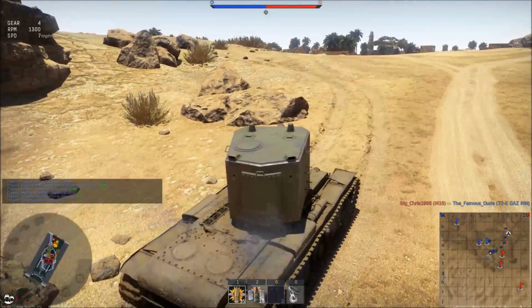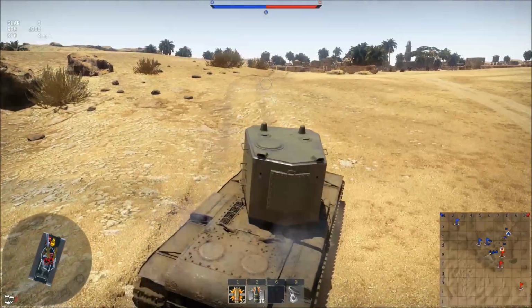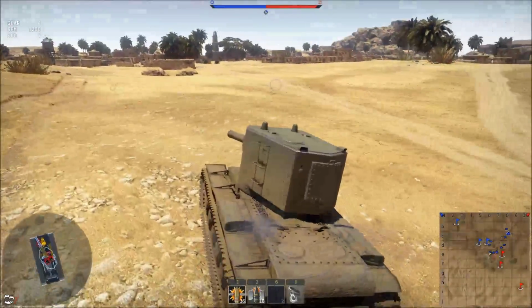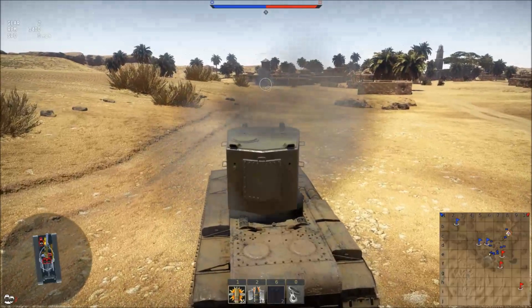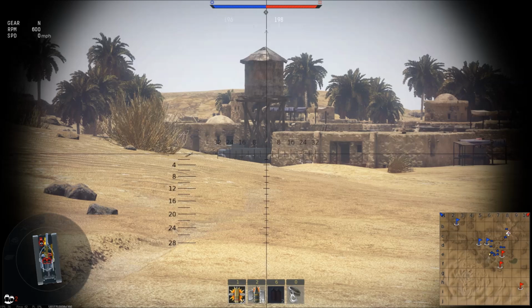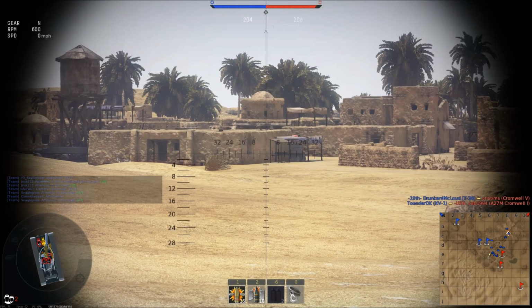I'm gonna try and hold these guys back over here, though. We're capping out. The tickets are gonna start flowing here pretty quickly. Wait until he comes back. Attention to the map. He's going to pop back out somewhere. He's either going to pop out here or on the other side of that building. One of the two. And when he does...